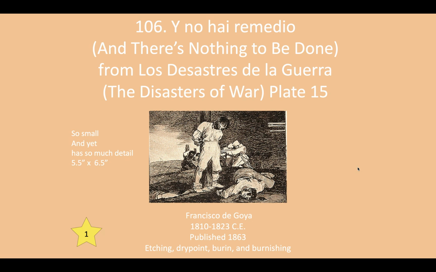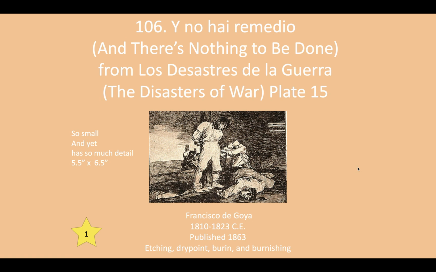Goya, Francisco Goya is your artist, and this is etching, dry point, burin, and burnishing. So we're looking at etching and dry point. Gives us a lot of that detail, and the burin is what lets us cut it in, and the burnishing is what allows us to polish so that we can get the really bright whites and the really fine lines. Okay. So